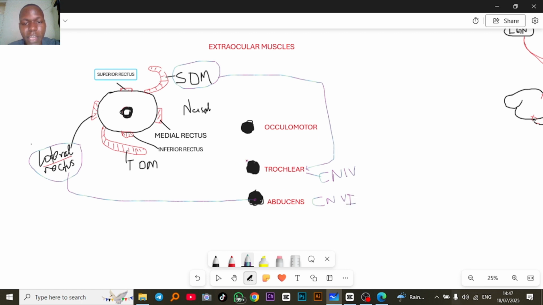So having understood the supply, it means that the rest of the muscles will be supplied by the oculomotor, which supplies a total of 6 muscles. So where are the 6 coming from? We have seen that there are 4 remaining muscles which will be supplied by the oculomotor. However, we also have 2 other muscles, that is the levator